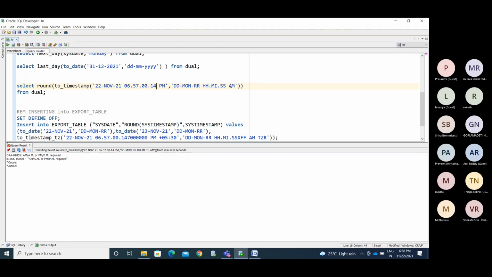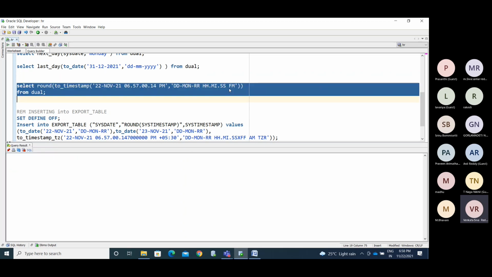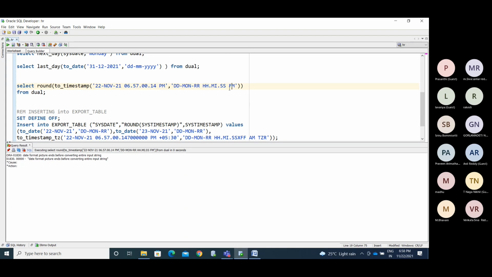The year. Here it was showing PM, there it was saying 2-1.